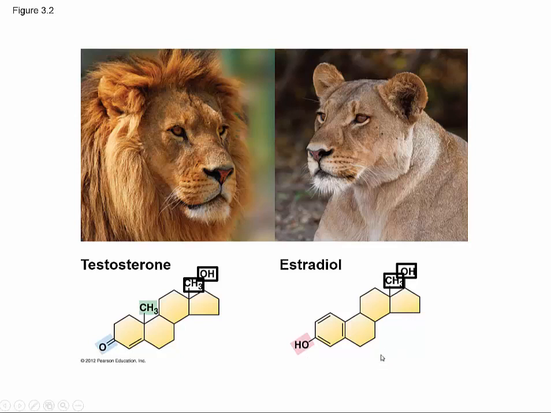If you look at the molecules marked in color, the pink, the green, and the blue, are the groups that are different between testosterone and estrogen. And we know that there's a very big difference between how these molecules act and the results of having them in your body. Right? You wouldn't want to switch one for the other.